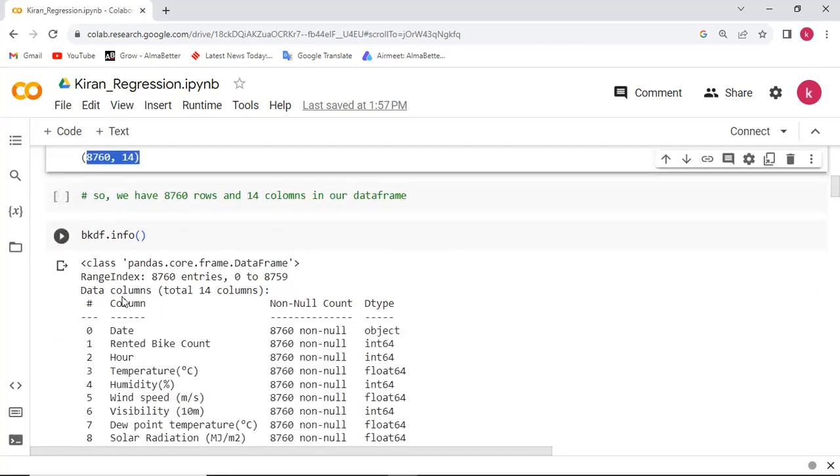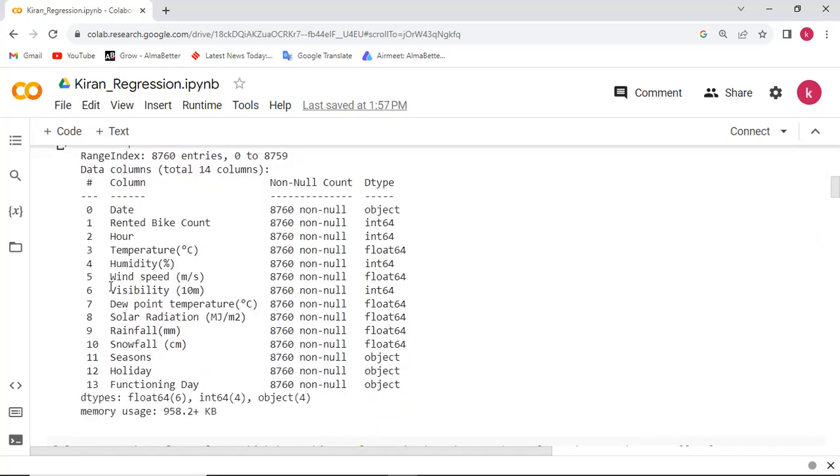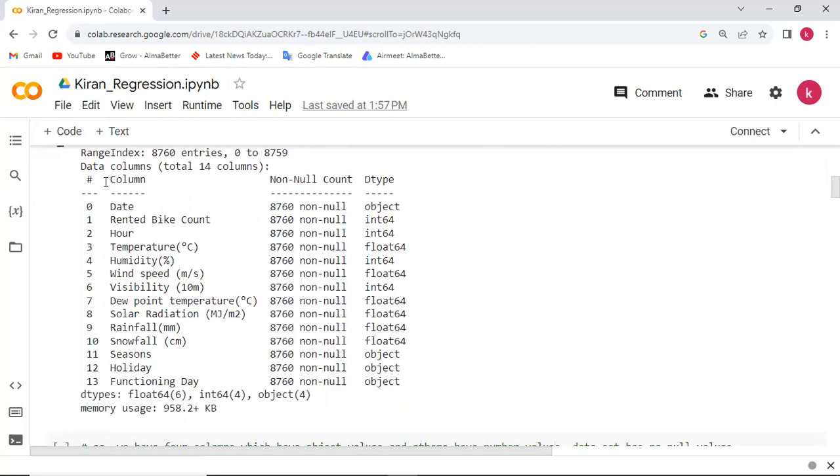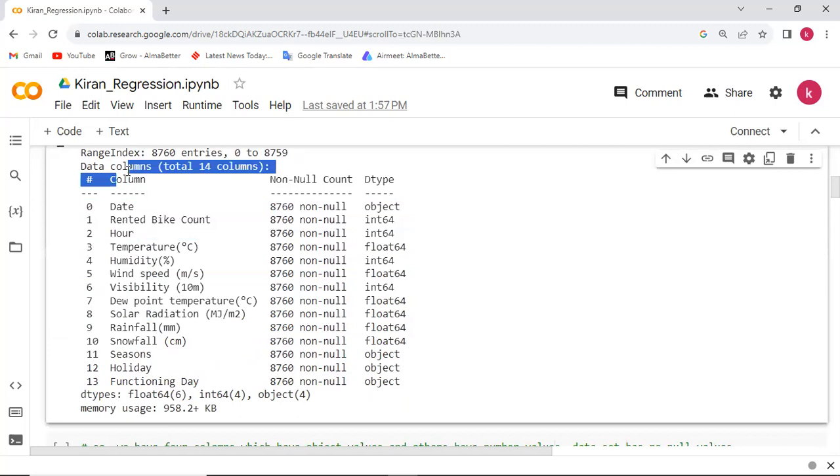Then to get the information of the data set, from here we get to know these are the column names, which show the different columns, or variables, or features. And these features have a non-null count, meaning in every column there are 8760 non-null values, so there is no null value in the data set.